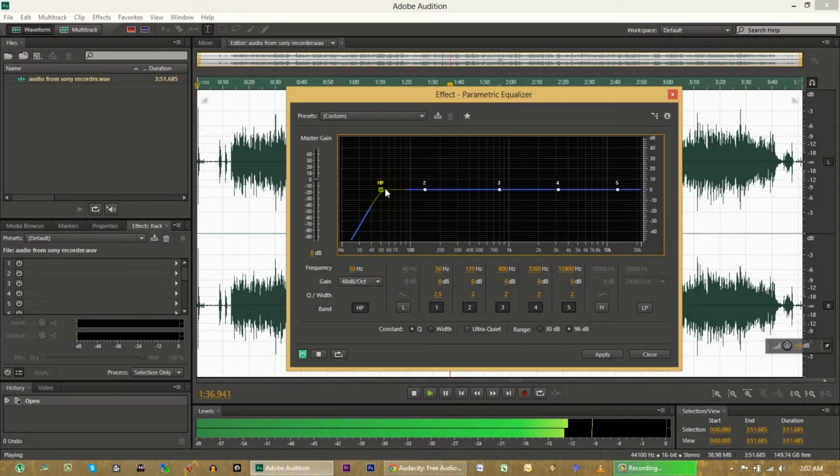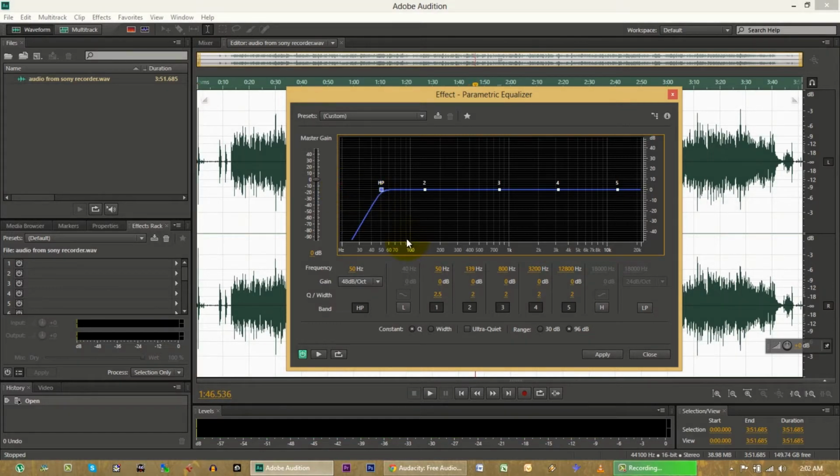When I come down here and have this set around 50, it doesn't really seem to make a huge difference compared to nothing at all. But on a good stereo system, it would get rid of some of that really low rumble. I'd be able to hear it. And more importantly, it gets rid of some of the energy in the low end.